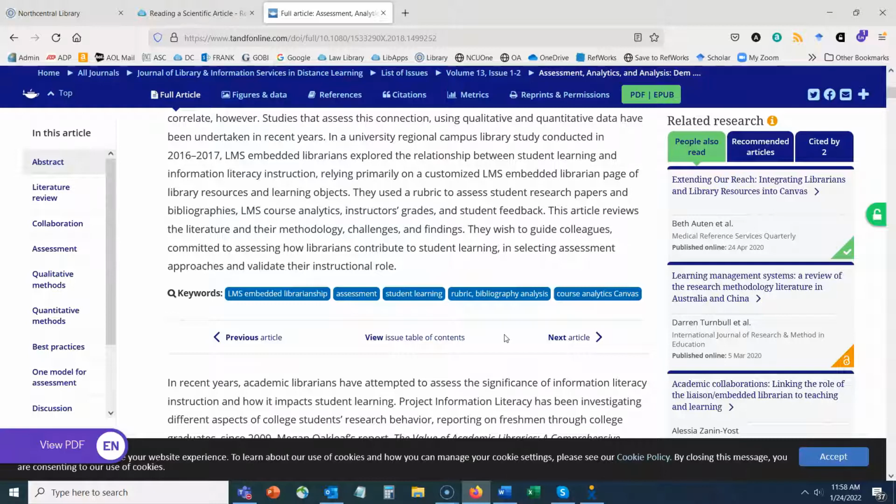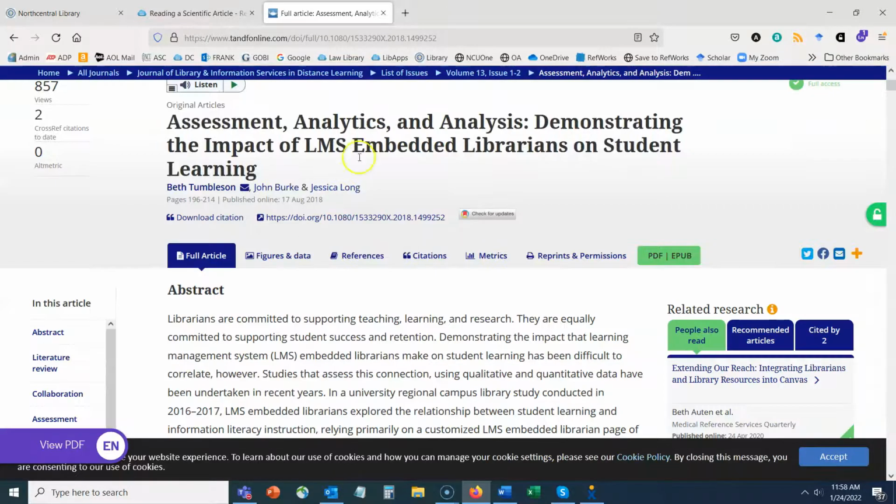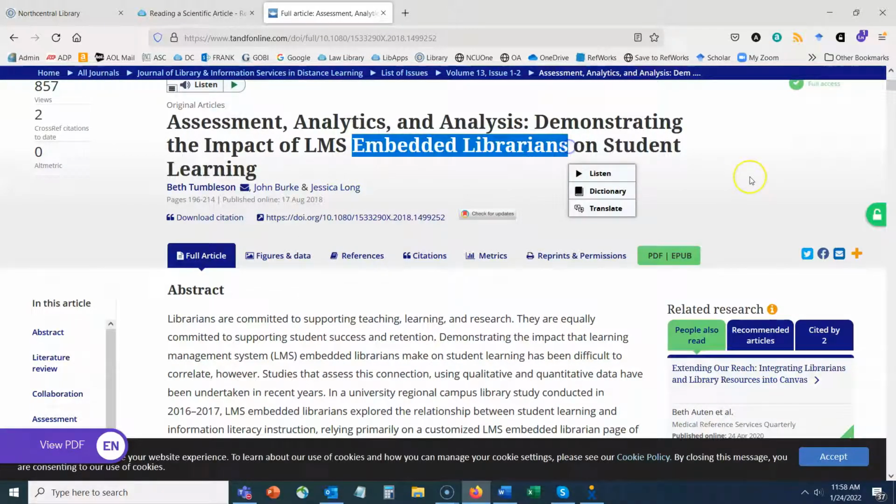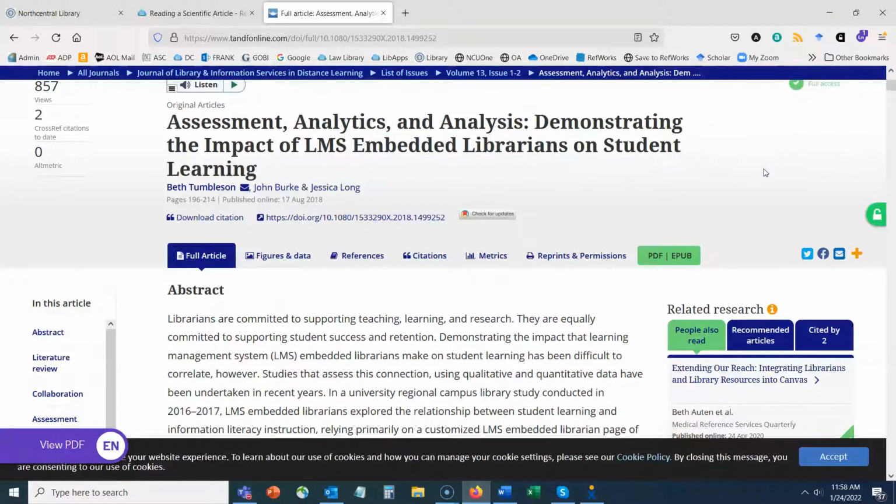So some of these are identified, but you will identify other terms throughout the article that you may not necessarily have full comprehension of, right? So you might say, well, you know what? I'm not even really sure what embedded librarians are. I know because I'm a librarian, but someone outside of the field probably would not know what an embedded librarian